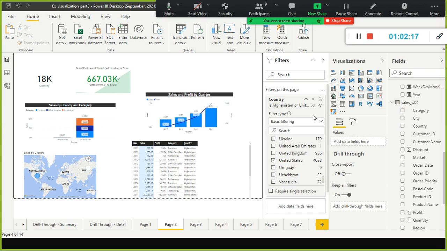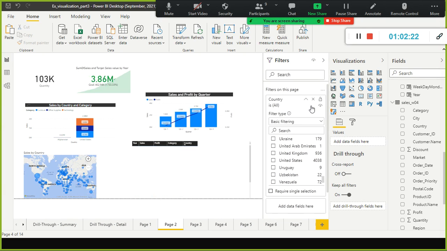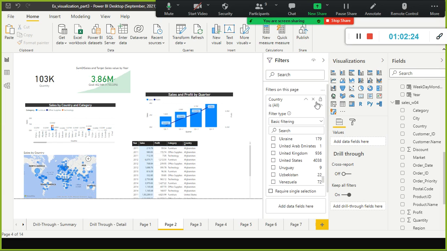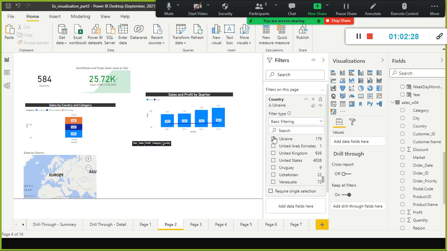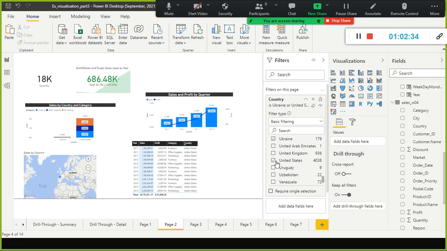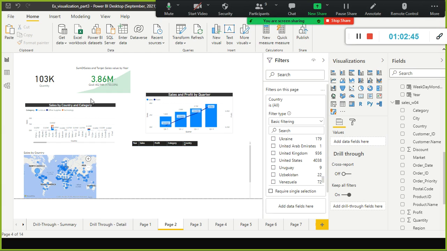I'll just double click on this one, and if I clear this one, this is the page level filter. For example, if I apply, look here, this value also getting changed, right? Earlier it was not changing. Fine, yeah. So if I clear this, everything got cleared. The page level filter got applied here.